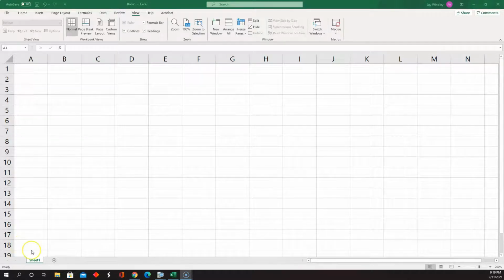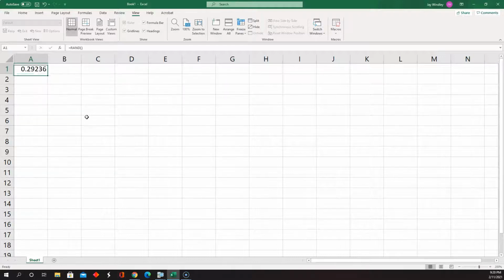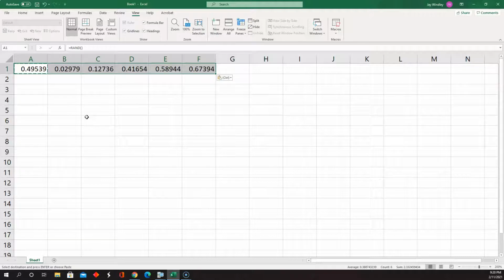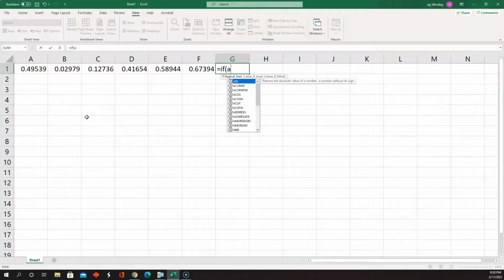All right, so here's another attempt, hopefully a better attempt at the simulation we were trying to do in class. First of all, I'm going to pick 6 random numbers to simulate the selection of the 6 students at random. And for the first random number chosen, that's in A1,